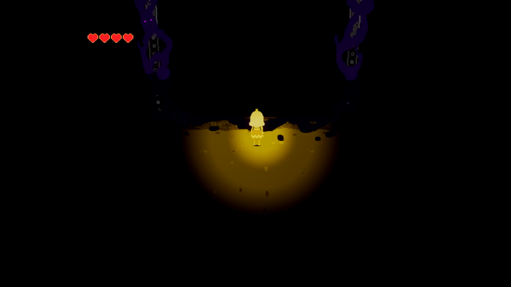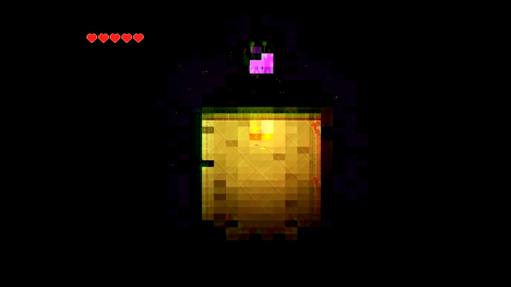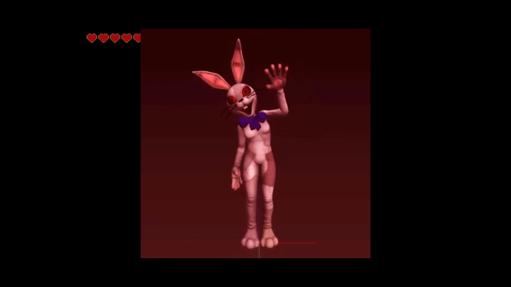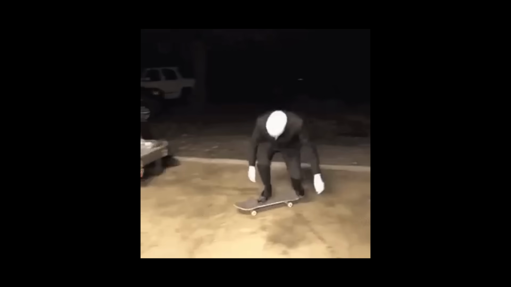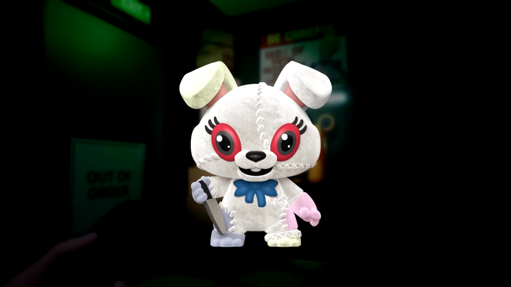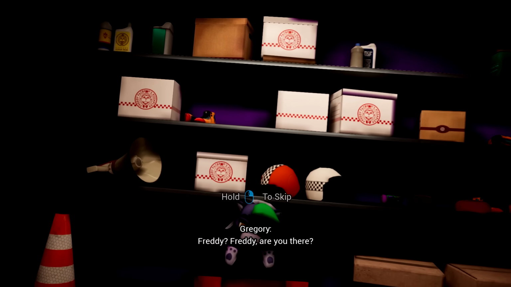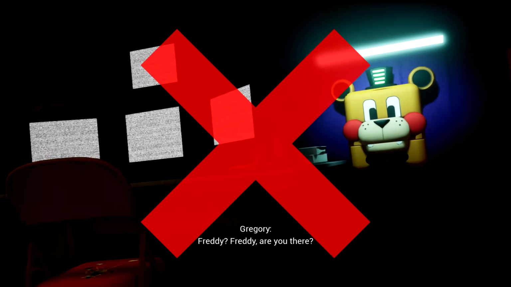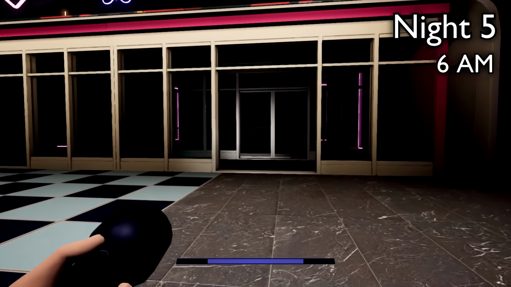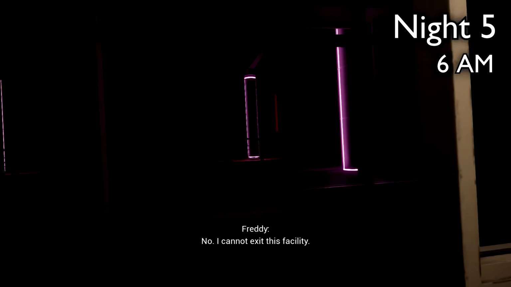I'll also clarify that beating Princess Quest 3 doesn't automatically end the game. Each time you clear a PQ machine, Vanny gets more and more aggressive, like a funny Slender Man, until you clear the third one where Vanny will disappear entirely, and any Vanny/Vanessa dependent events won't happen after that. But it isn't until you go to the front door at the very end of Night 5 that you finally get your